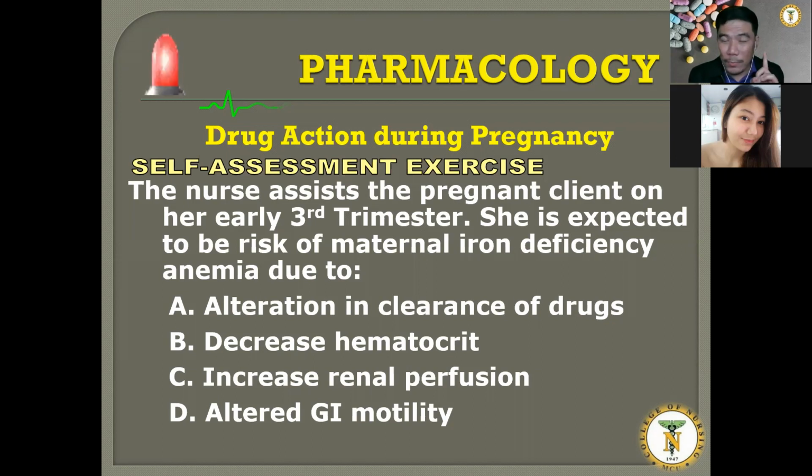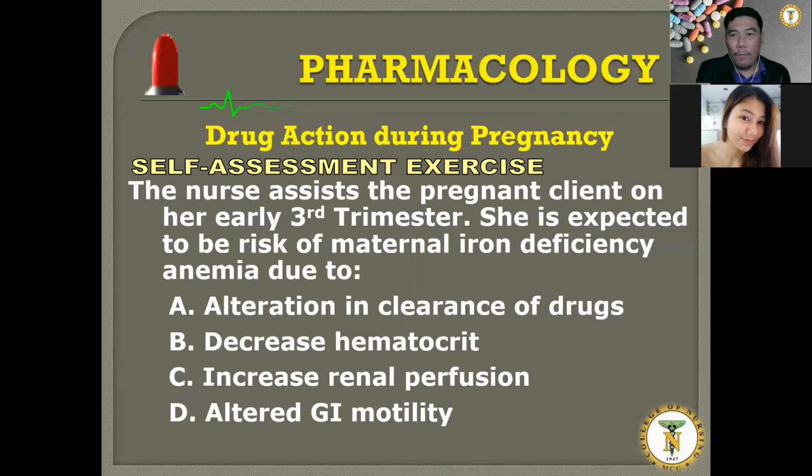So hematocrit is seemingly related to blood. Renal perfusion, the term itself perfusion, circulating blood, is also related to blood. And the altered GI motility is obviously not related to the circulating blood volume, moreover on the digestive or GI